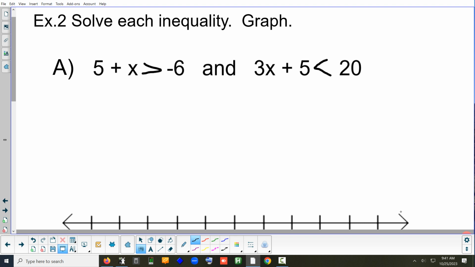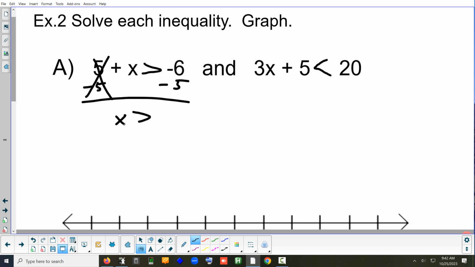Can anybody tell me how we're going to get rid of that 5? You subtract it from both sides. Yep. That's gone. Now, did I multiply or divide by a negative? No, I did subtraction. That sign never flips when you do subtraction, only if you multiply or divide by a negative. So we have x is greater than